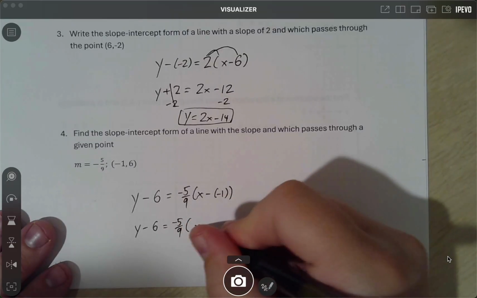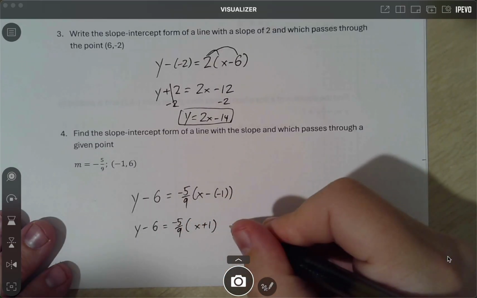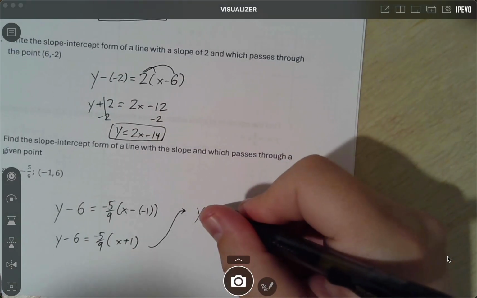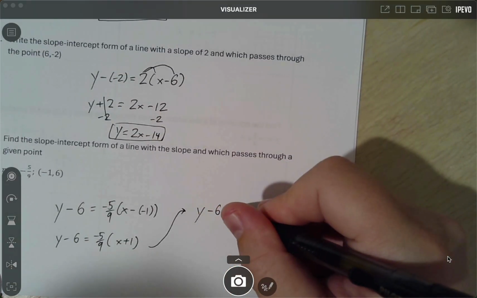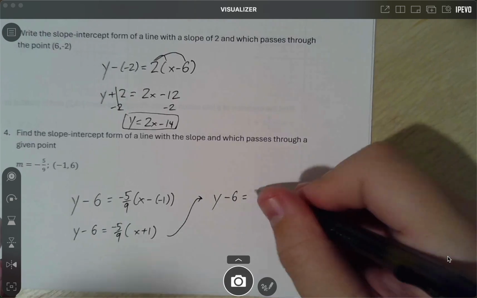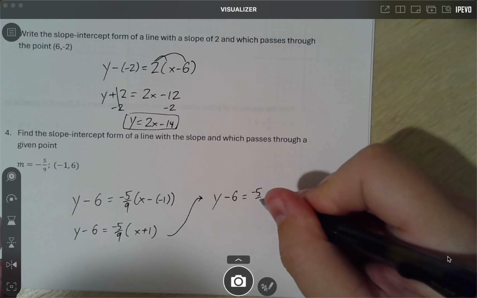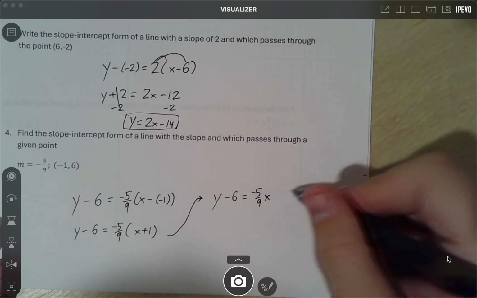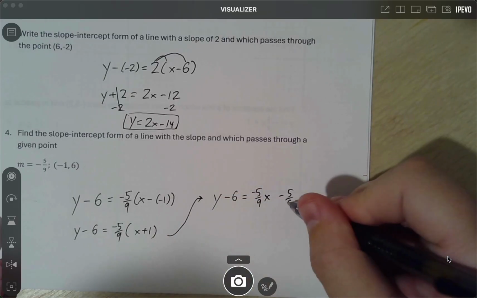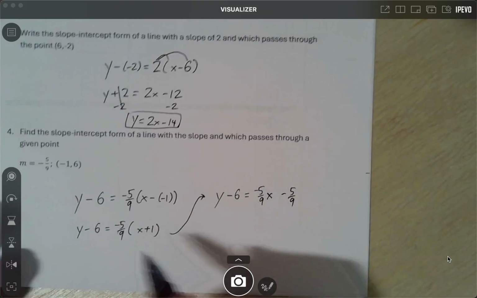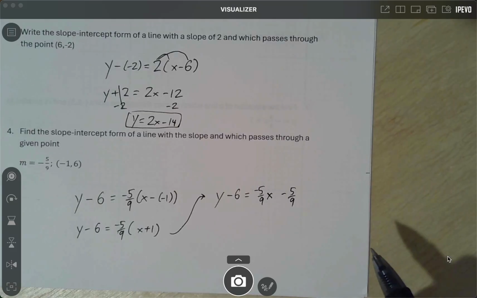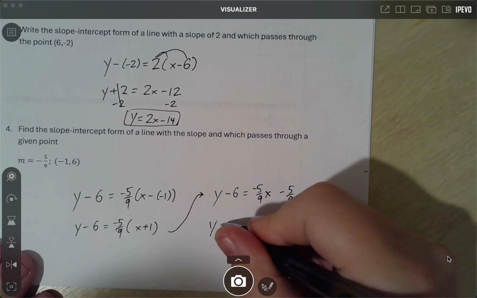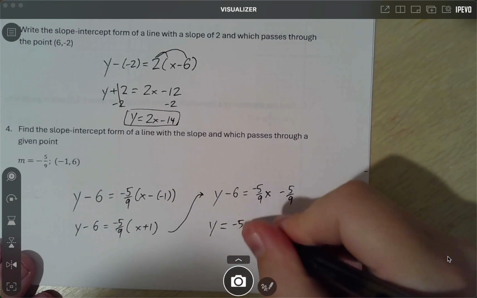Minus negative is plus. And so my next step now would be to distribute the negative 5/9, which shouldn't be too bad. If I distribute negative 5/9, I'm just going to have, well, negative 5/9 x, and then negative 5/9 because 1 times anything is itself. All right, I just need to add 6 now. So I'm going to move it to the other side,